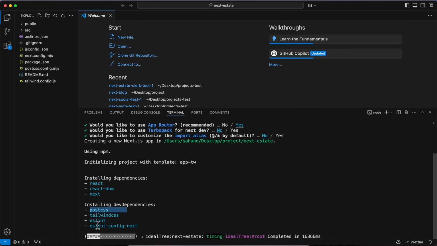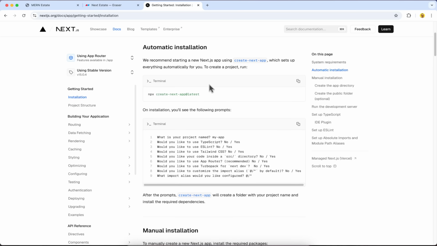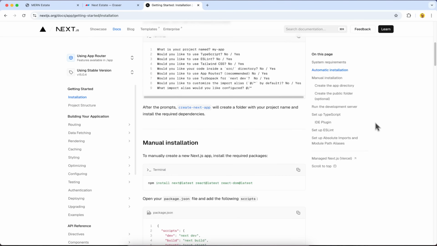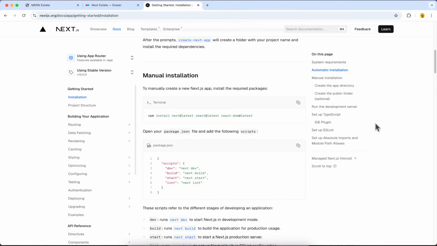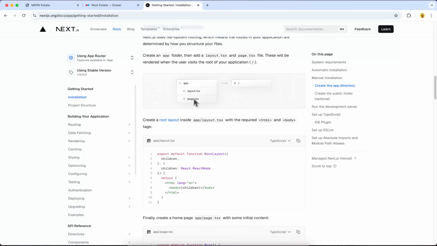So we're gonna install Tailwind CSS and its dev dependencies to be able to use Tailwind CSS. So we're gonna wait for the installation. After the installation is completed, according to the documentation, we're gonna have an app directory with the page.tsx or JSX in our case, and the layout to create